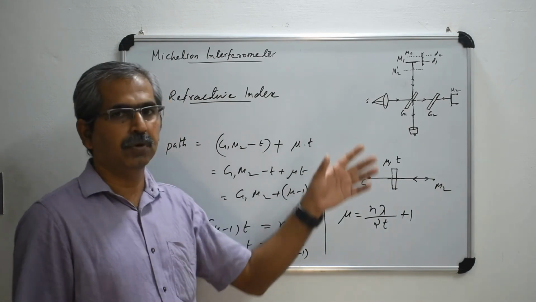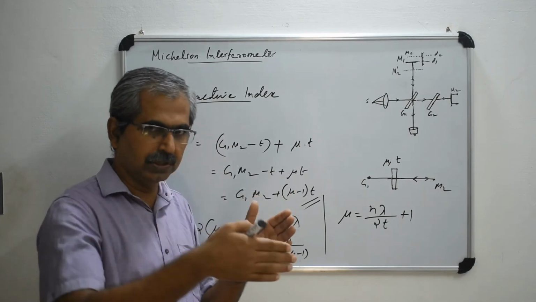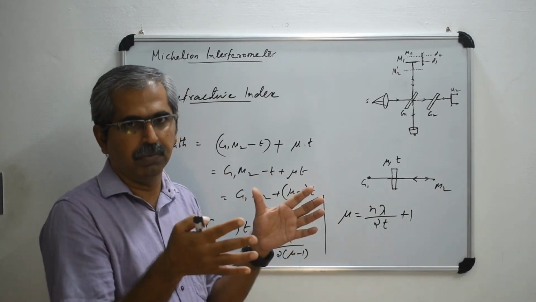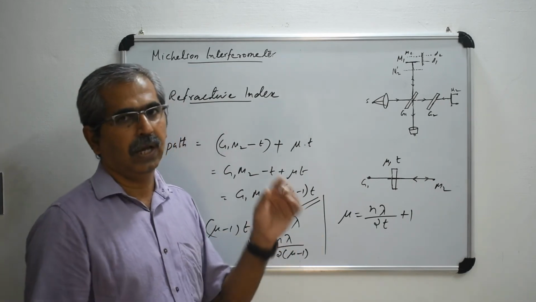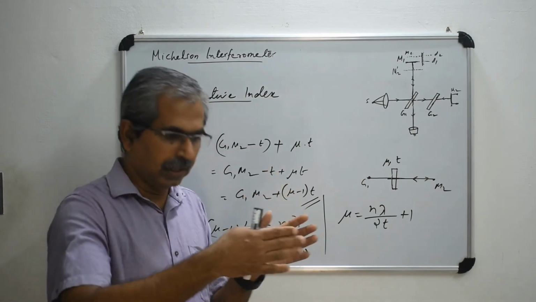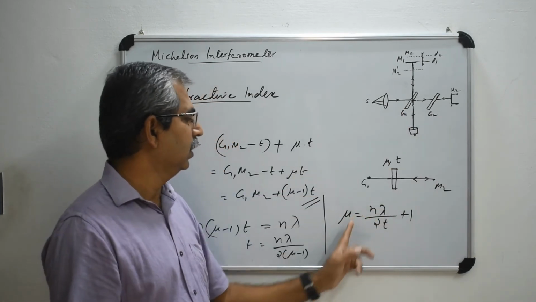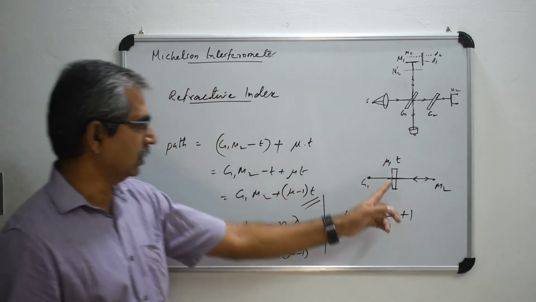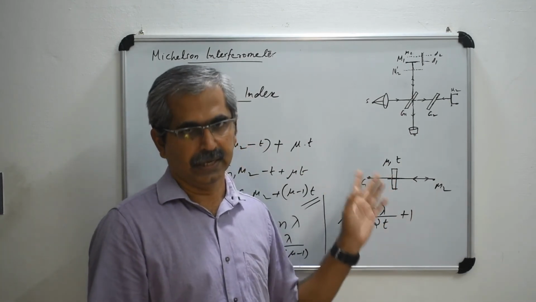If you are using a monochromatic light, the fringe system will look the same, isn't it? Once you introduce that, you can say there is a sudden shift, but it is not possible to count the value. So we have to actually find the path difference that is introduced by this particular thin sheet. For that, we can use a white light.